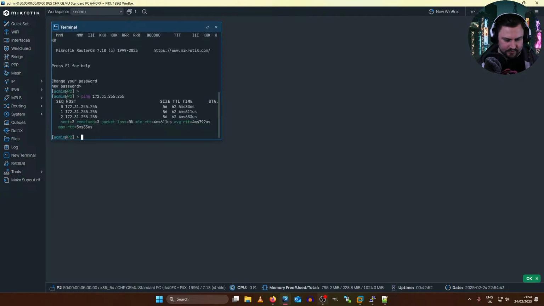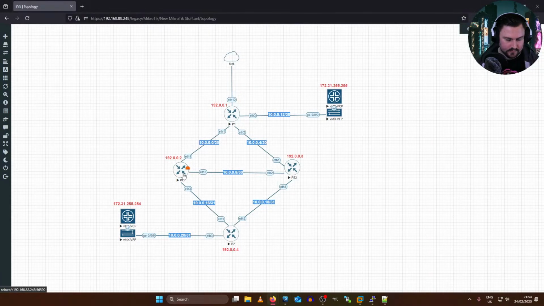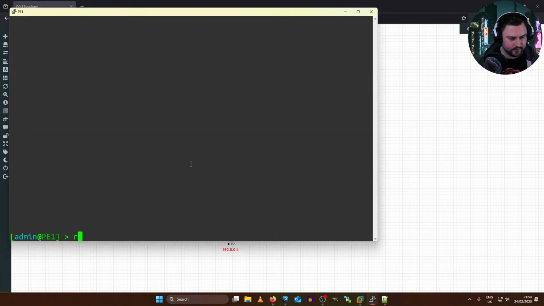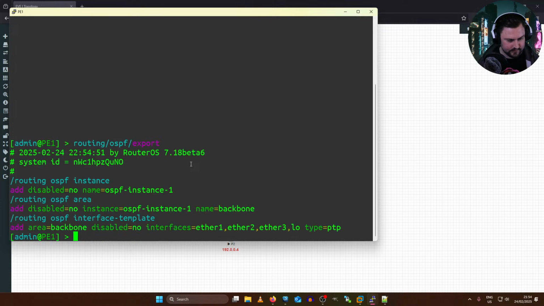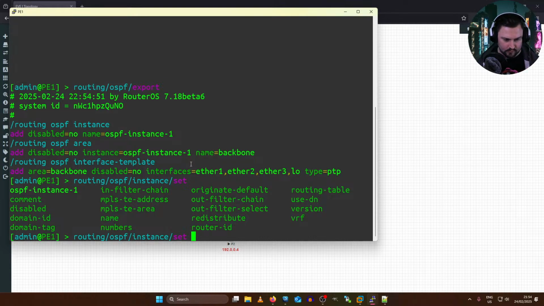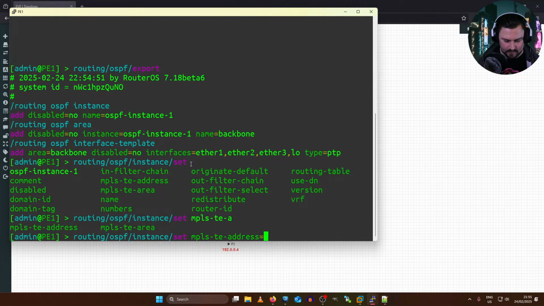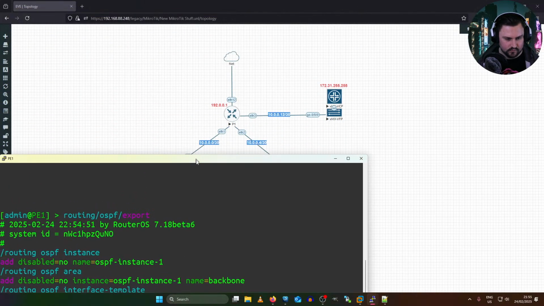And let me just add it to the other MikroTiks quickly. So routing OSPF export, routing OSPF instance set. We want to set our MPLS TE address, and that is going to be my 192.0.0. What is this? .1?